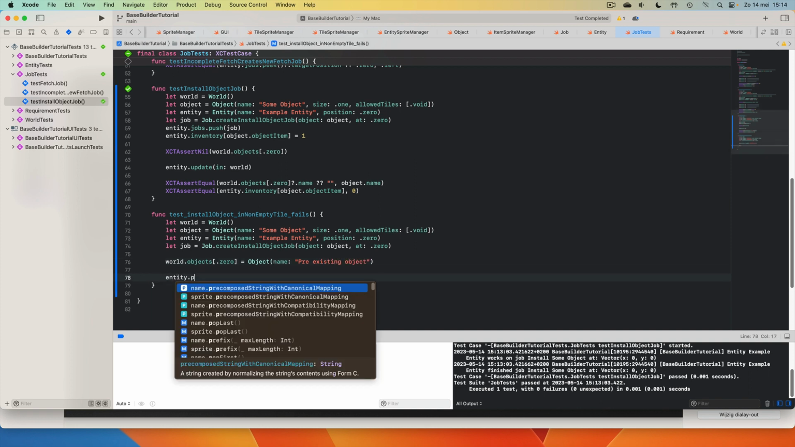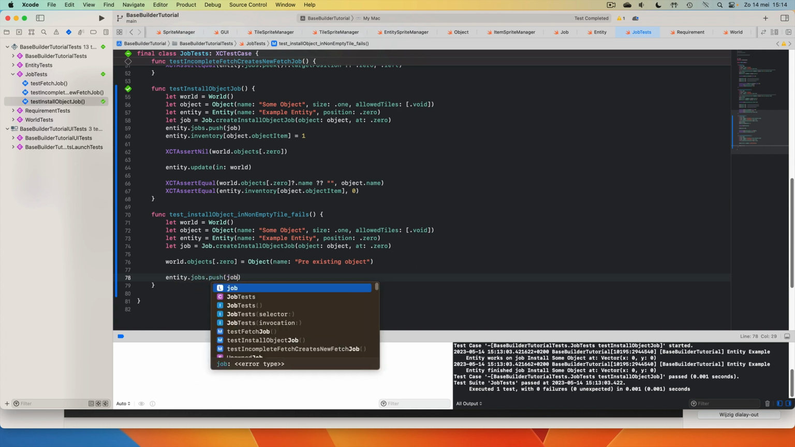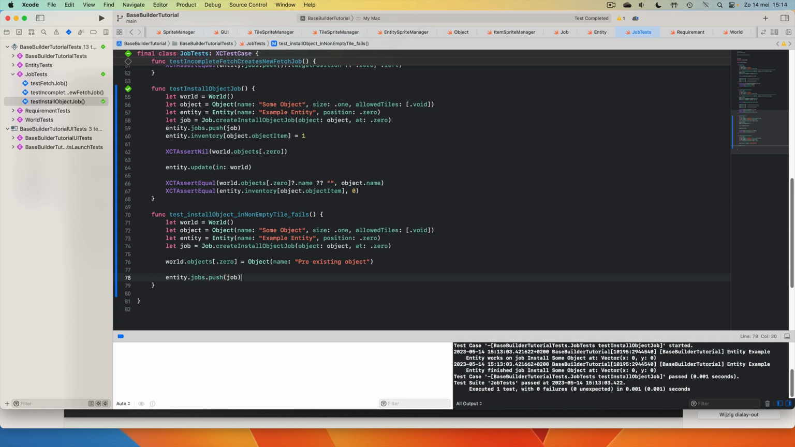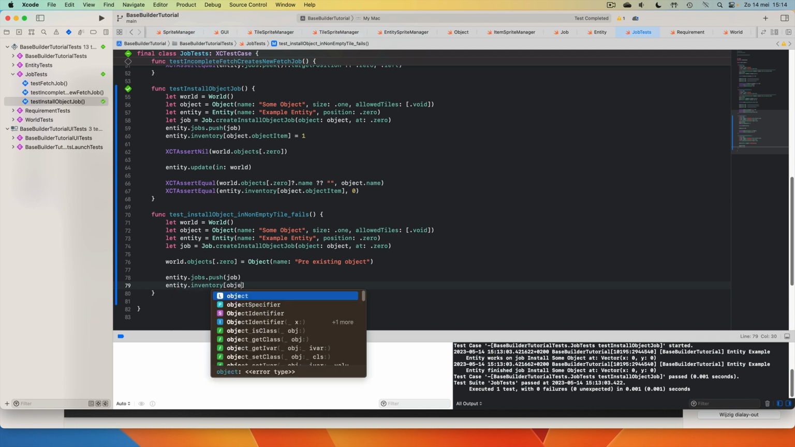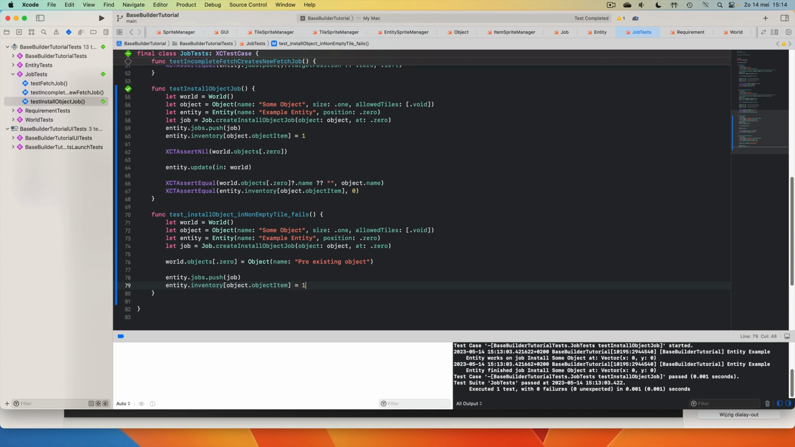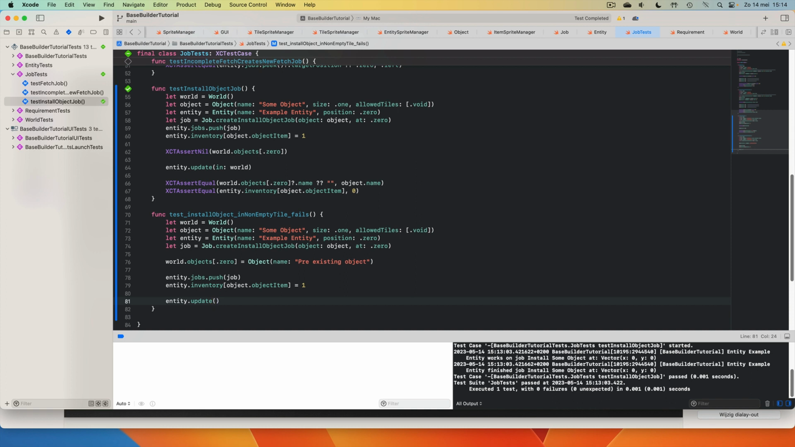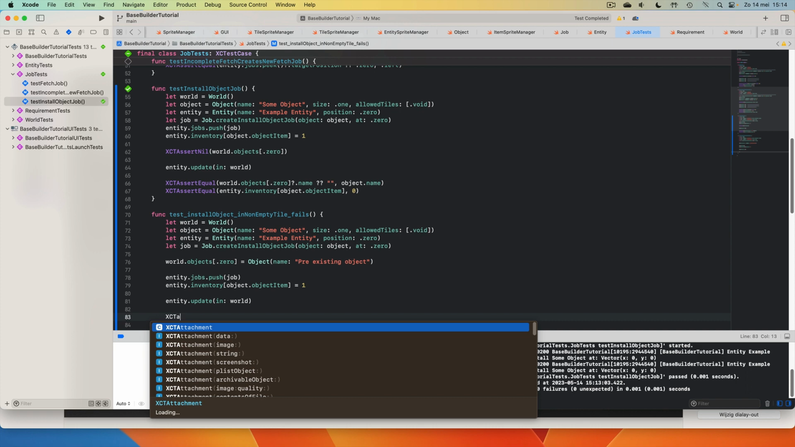Then we push the create install object job. We push the install object job to the entity, and we make sure that the entity has the object item in the inventory. Then we can call entity update in the world, and we can start asserting that